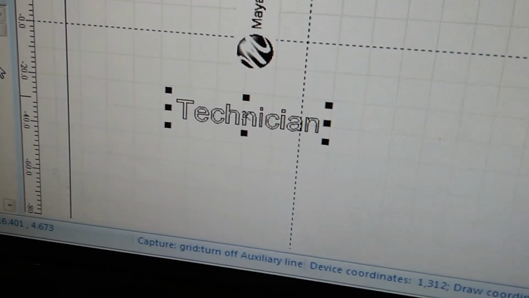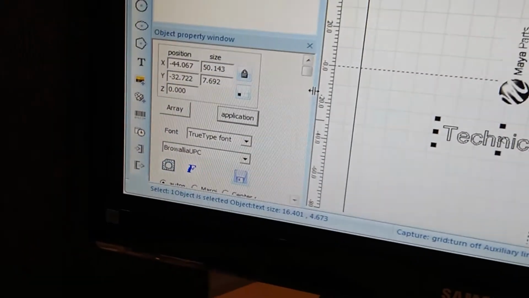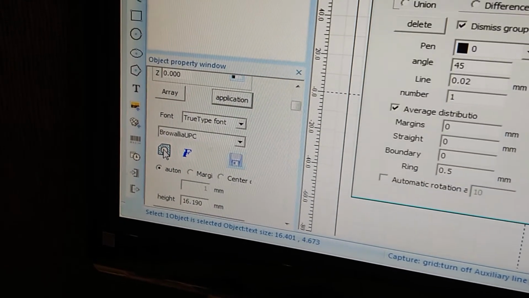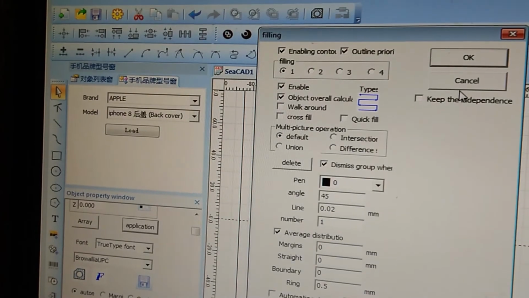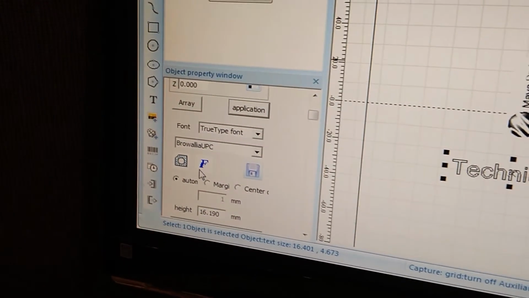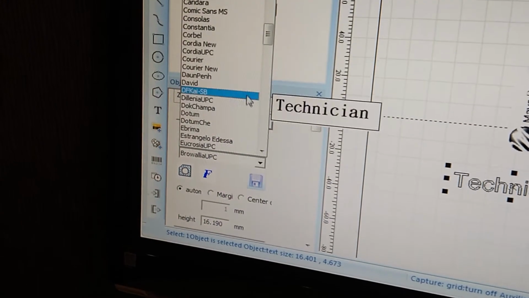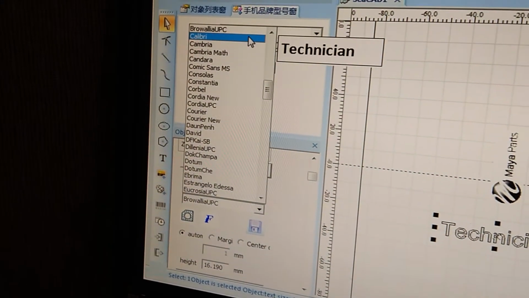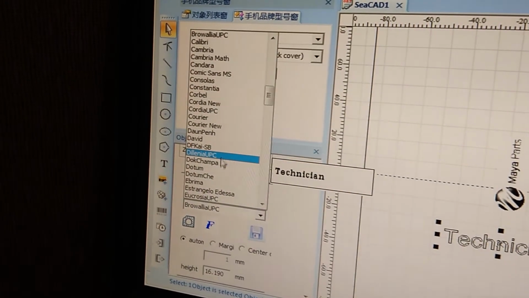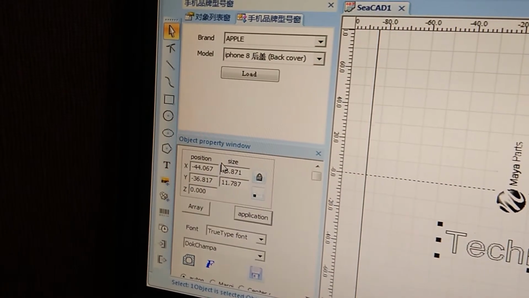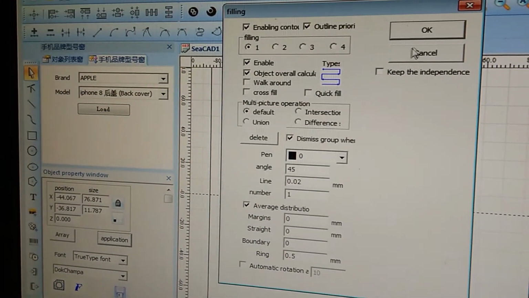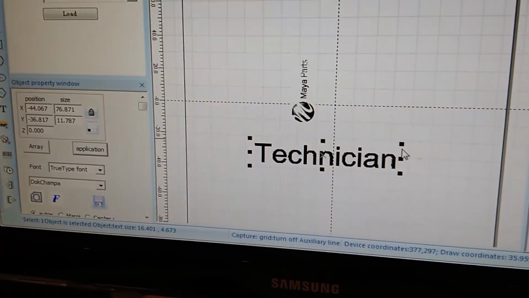Now, by default, it shows your text as outlined. I want to fill that in. So I'm going to go down here to the fill icon. And actually, before I do that, if you do want to change your font, there are some font options here. You can pick something a little more to the style that you want. I think I'm taking too long with this one, so let's go with that one. I think it might even be spelled wrong, but anyways. I go to the fill icon. All the defaults are just fine, so I'll hit OK. And I now have a filled